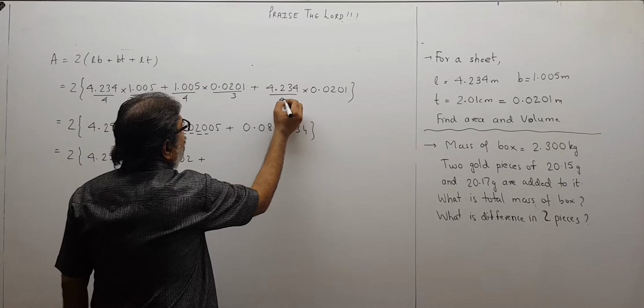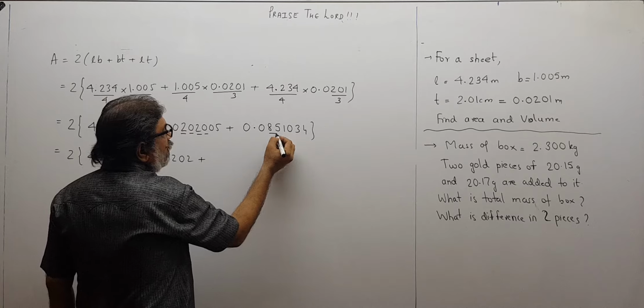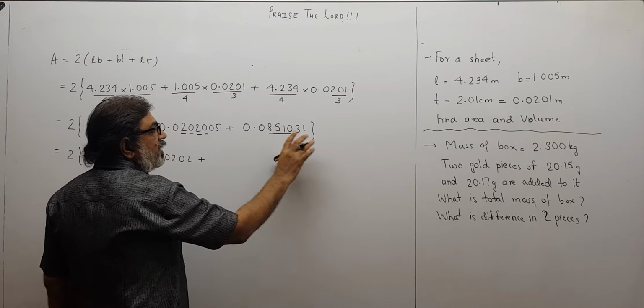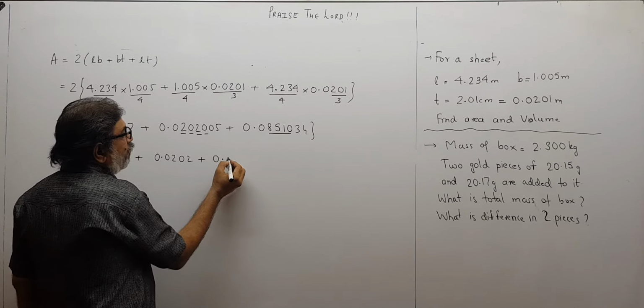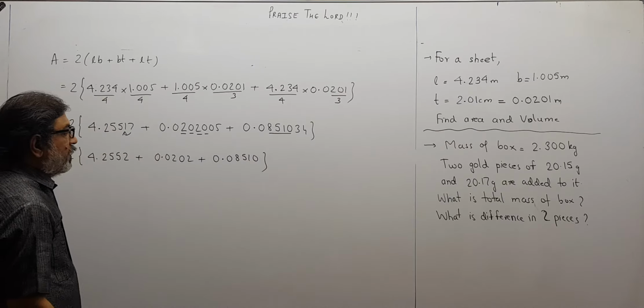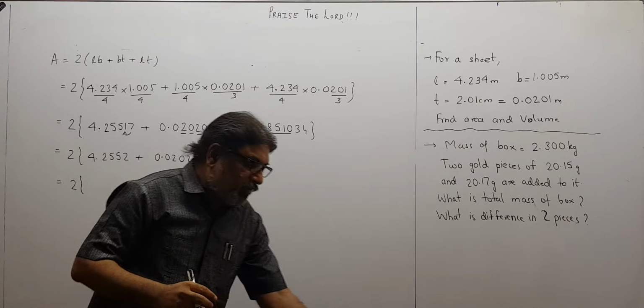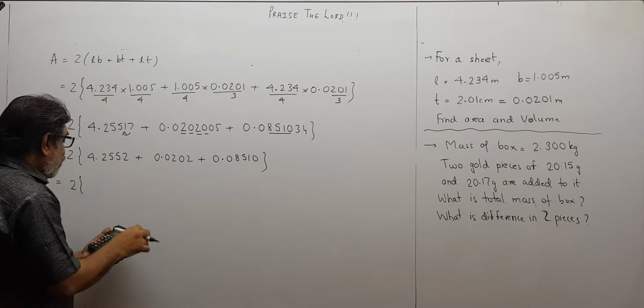Here there are 4 significant digits. Here there are 3 significant digits. I should keep 4. So 1, 2, 3 and 4. These two are discarded because of rounding off. So this becomes 0.08510. Like this we get. So please understand what I am doing. 2 into... Now I add. Therefore, this becomes